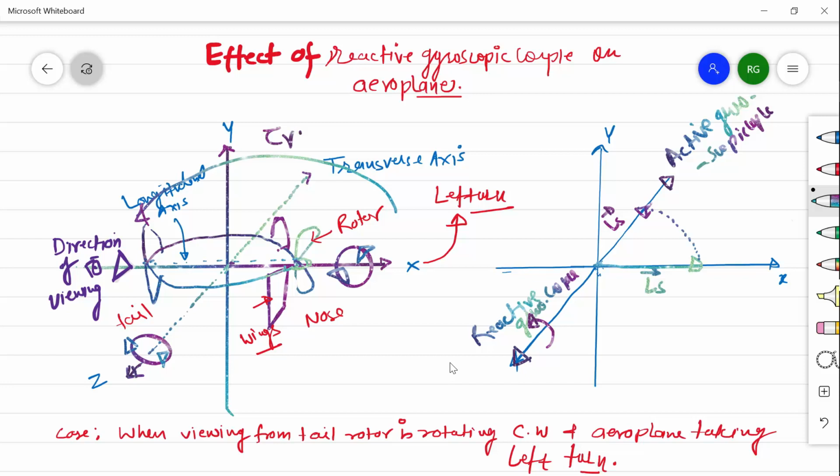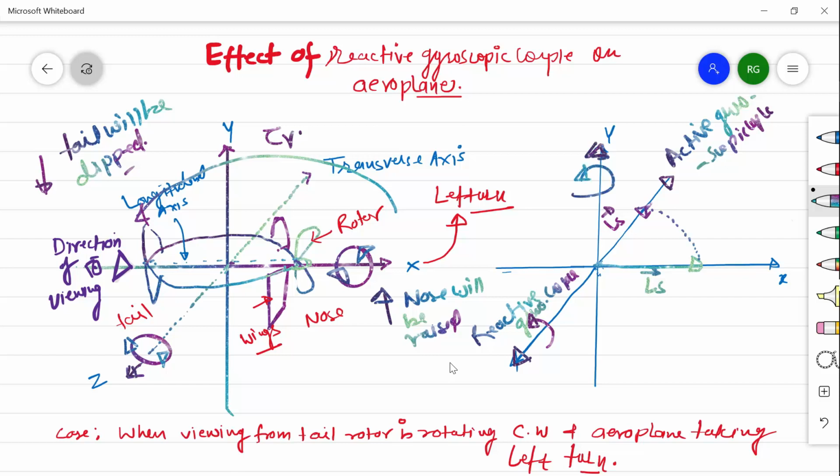So according to this, the nose of plane will raise. We can say effect would be nose will be raised and tail will be dipped. And this is the axis of precession. So this would be the effect of gyroscopic couple or reactive gyroscopic couple on the plane when rotor is